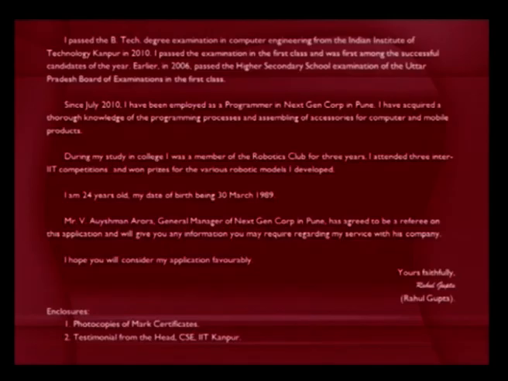He is not just telling that I was getting experience here, he also says I have acquired a thorough knowledge of the programming processes and assembling of accessories for computer and mobile products. So, what is he good at? What did he learn from them? So, that also he says, highlights. Followed by that,